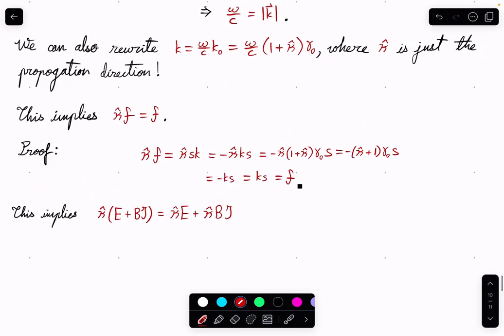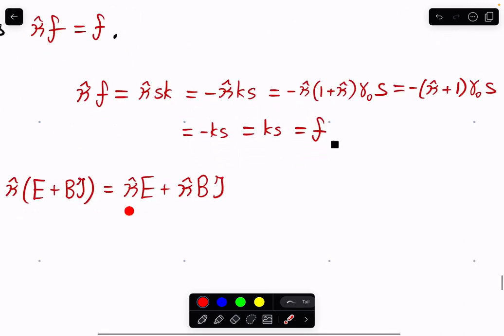Well, we know that this is the propagation direction, and when you're in a relative frame, the propagation direction